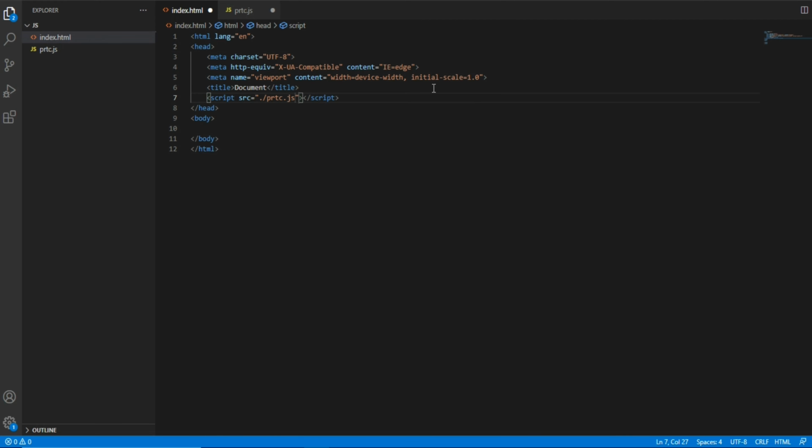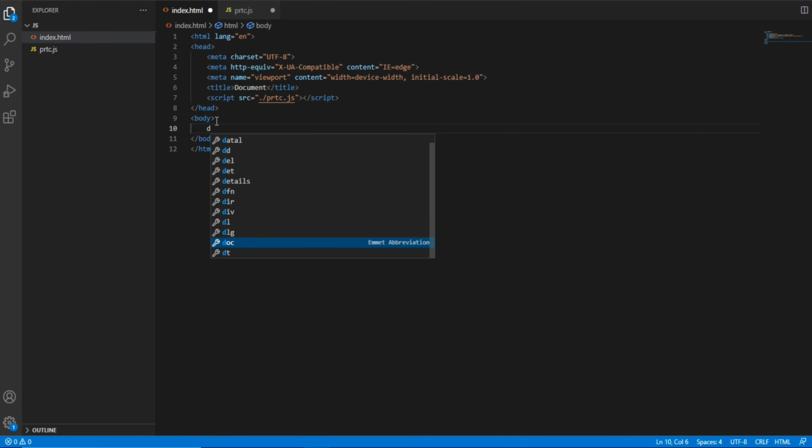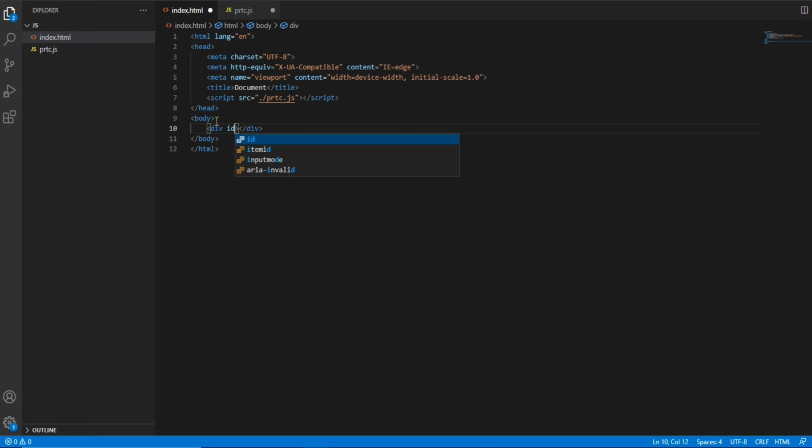Both are in the same folder, which is why I got the file. Here I will give a div with the id equal to table.